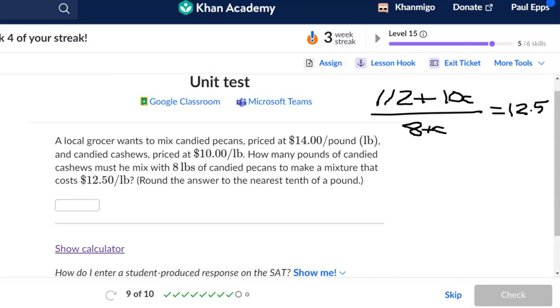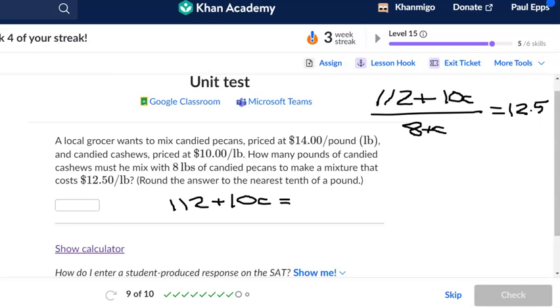All right. But let's cross multiply this and see what we get. We're going to get 112 plus 10C equals